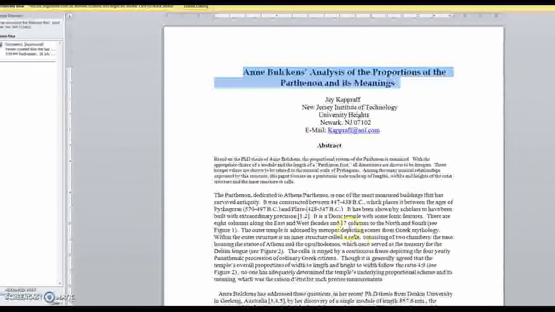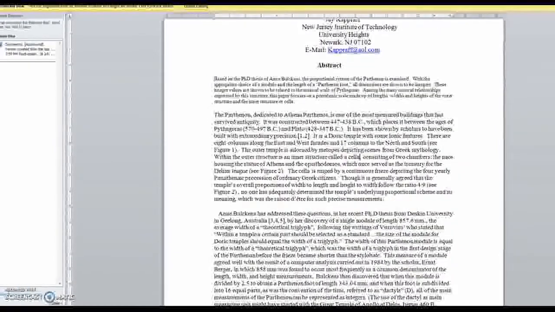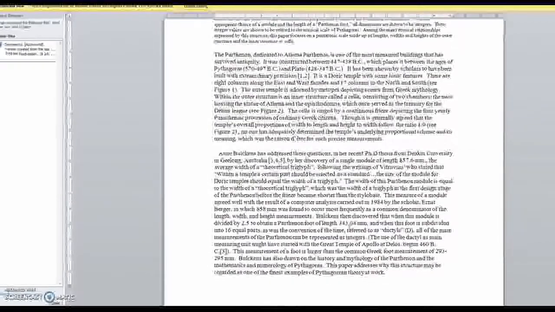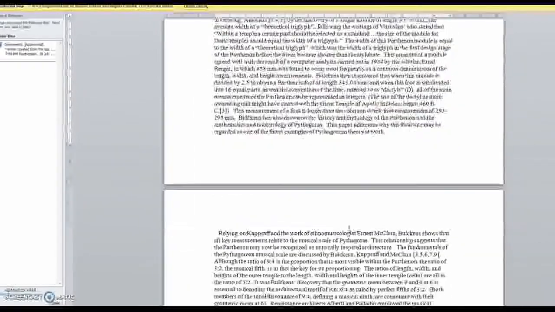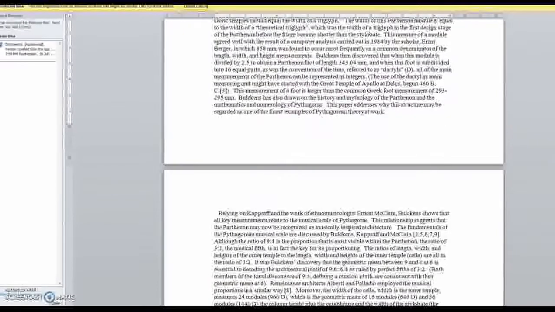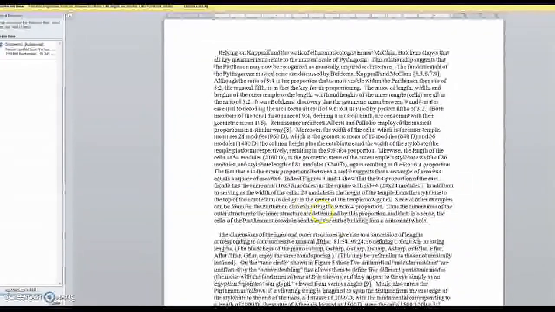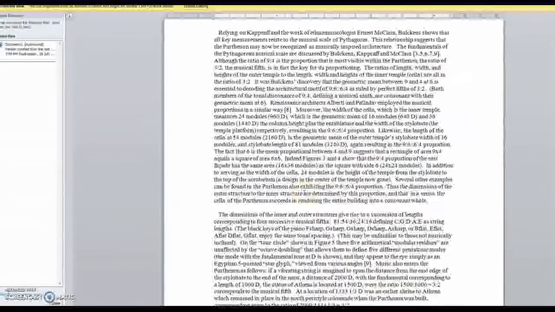Again, she presented this paper at Deakin University here in Geelong in Australia, and well, weights and measures built into the Parthenon. You'll find again the same system in the Great Pyramid, stone circles such as Stonehenge, King's Men. These again just repeated all the time, and you can call it coincidence.